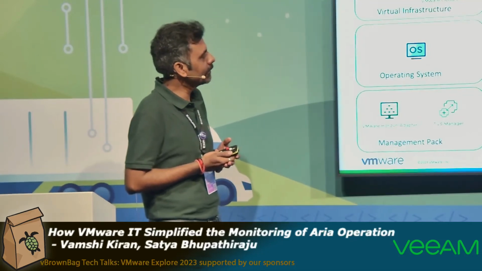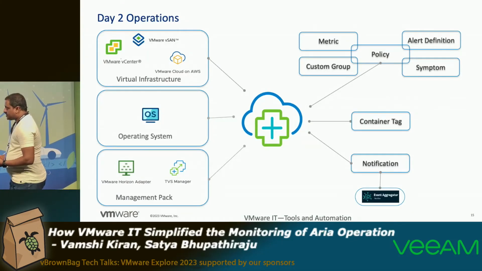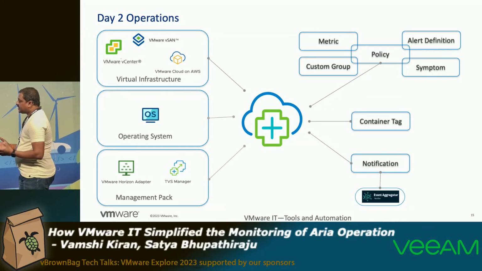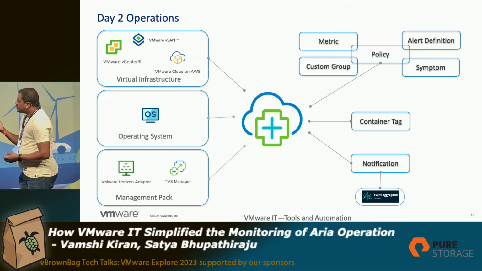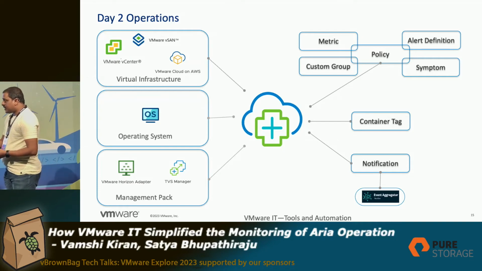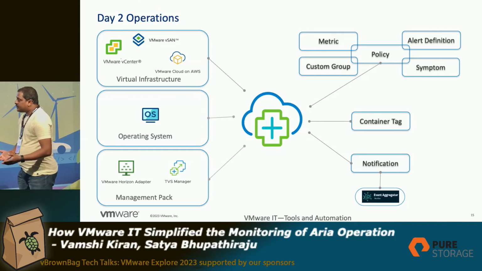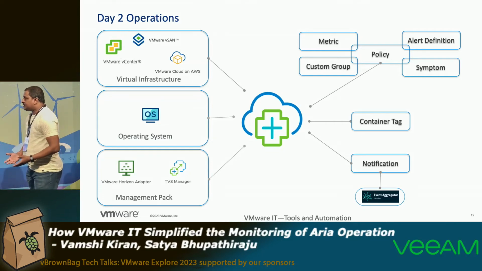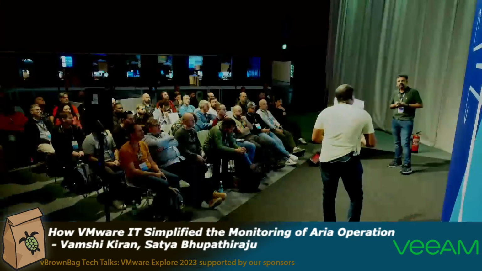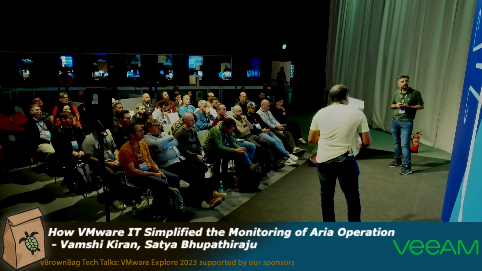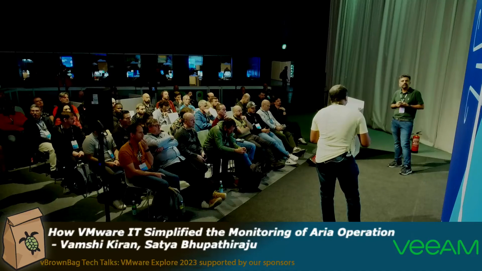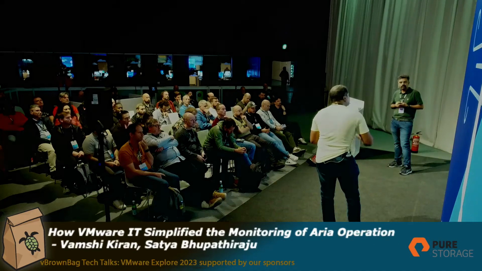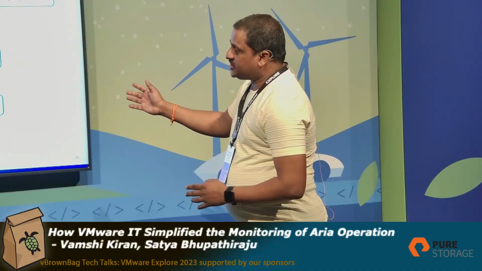Yeah, coming to that. First of all, when you have your ARIA Operations in place and ready, you have to start integrating with all your sources like vCenter, any public or private clouds, AWS, and components like vSAN, or any management packs like Oracle databases, WebLogic, Nginx, JBoss, anything. You can integrate and enable the plugins to get the metrics into ARIA Operations first. Once you've done that as day one operations, then we can go on to the day two operations here.